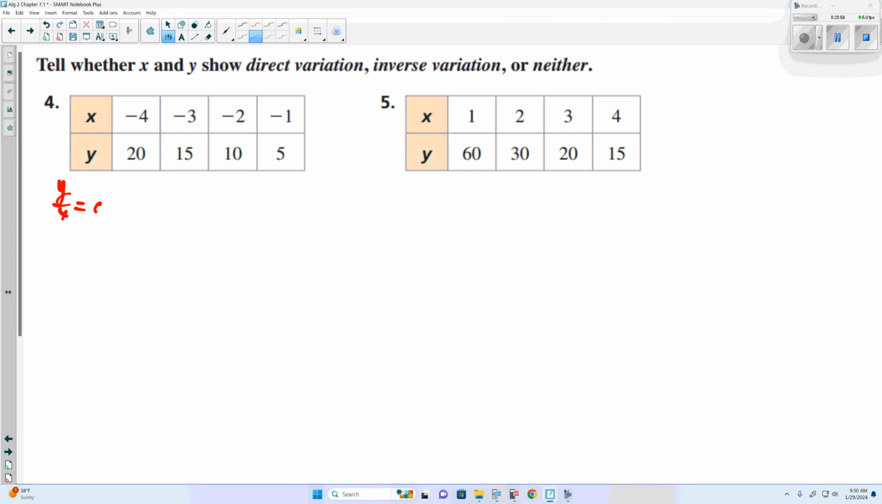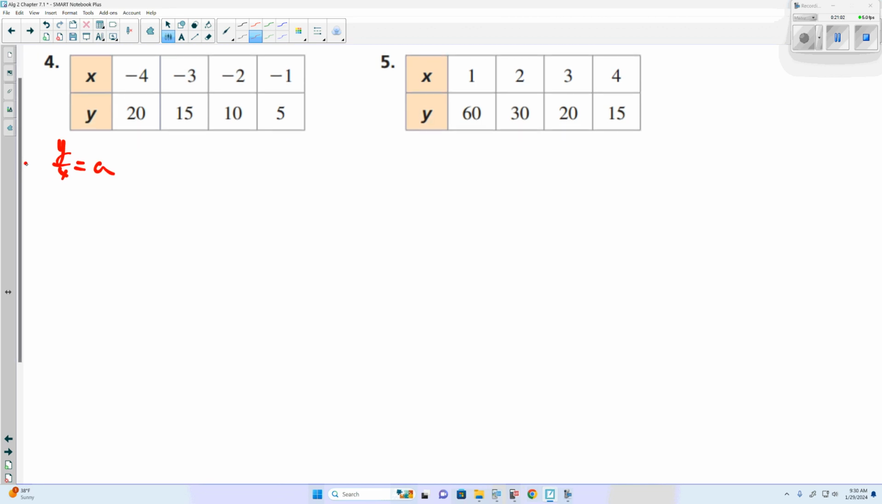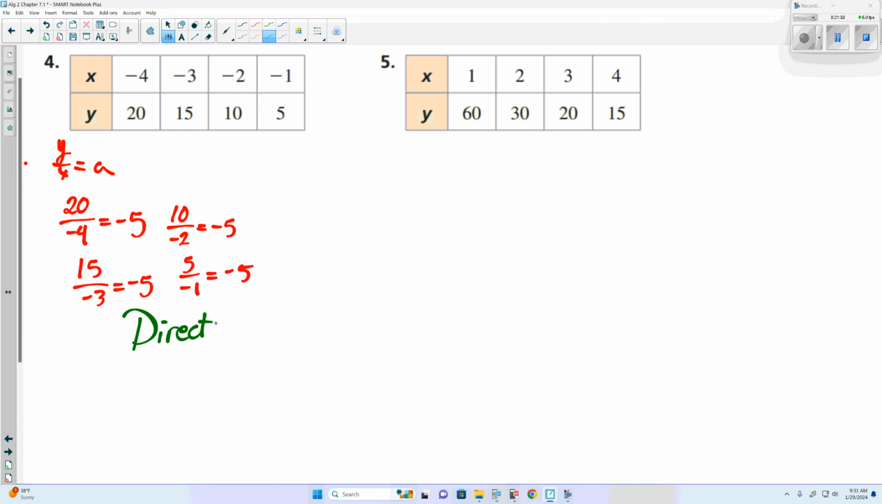Y over x is equal to a. So the first one we'll have is 20 over negative 4, which is negative 5. Our next one's 15 over negative 3, which is negative 5. 10 over negative 2 is negative 5, and lastly 5 over negative 1 is negative 5. We didn't have to do this, so this is direct. I was getting ahead of myself. Because y over x gives us a constant term of negative 5 for each and every single one,